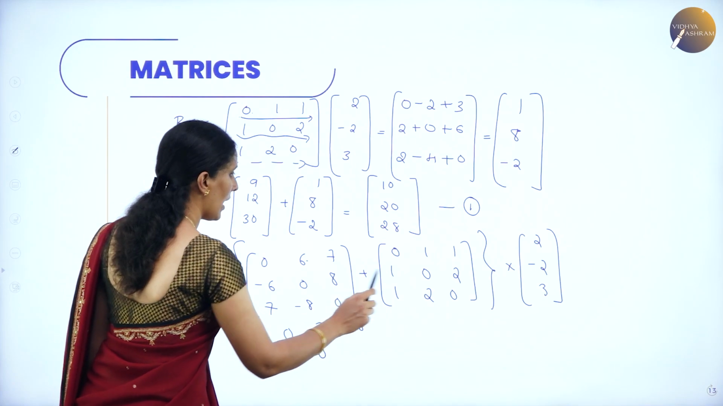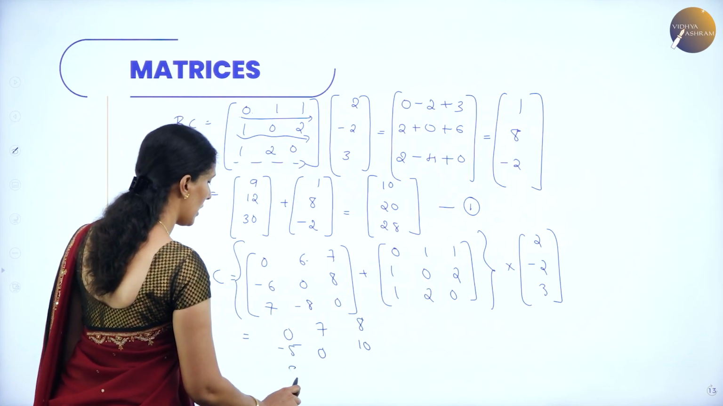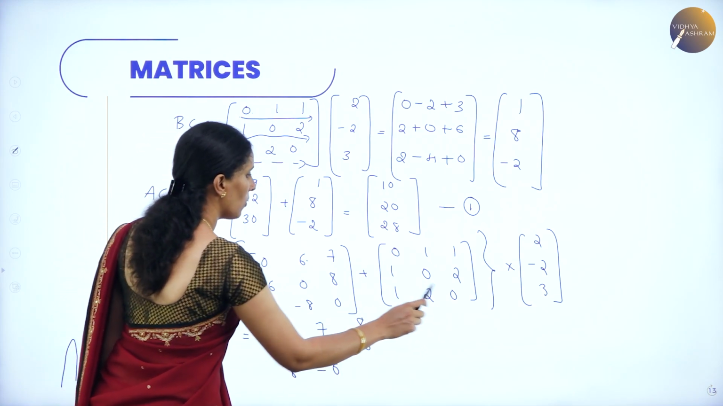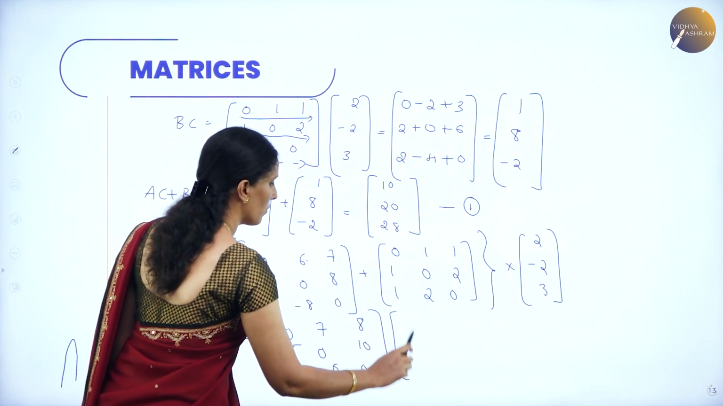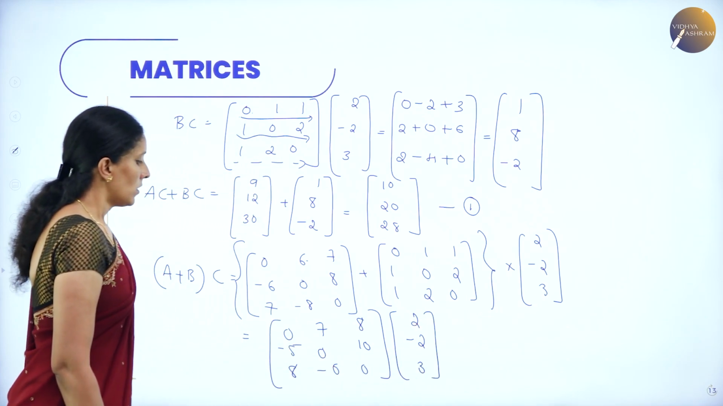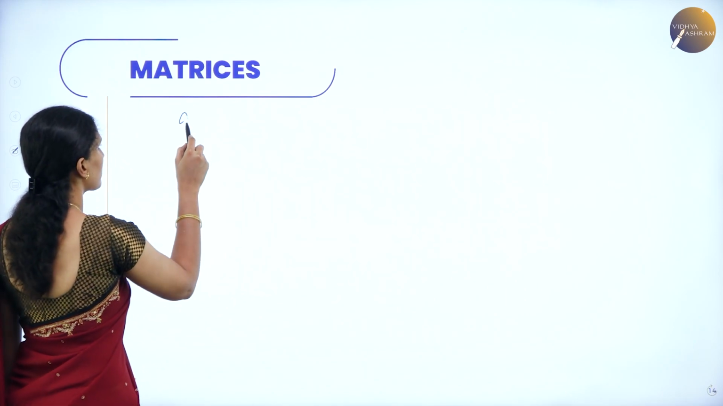So 0. 8 plus 2, 10. Next, 7 plus 1, 8. Minus 8 plus 2, minus 6. 0 plus 0, 0. Now let us multiply this with 2, minus 2, 3. So first row into first column. So we get